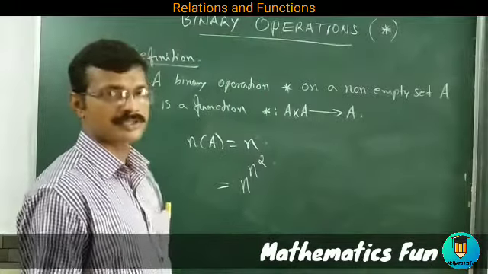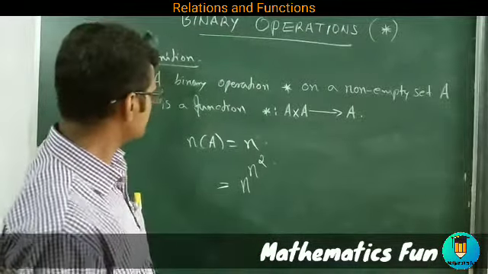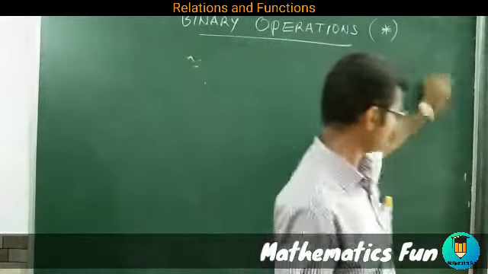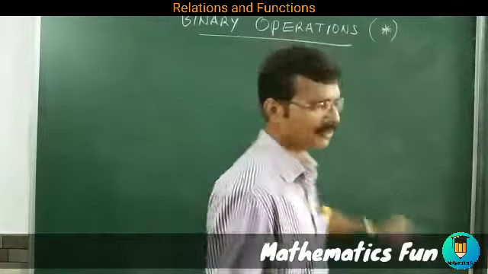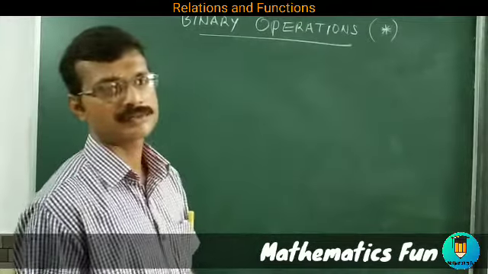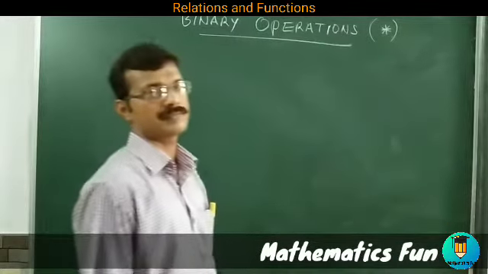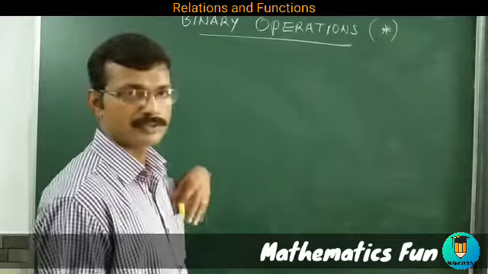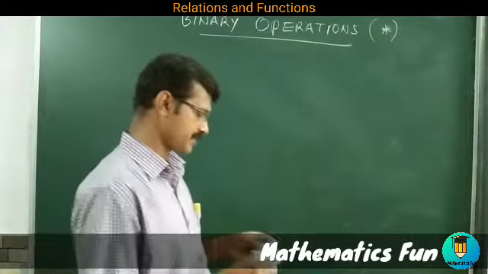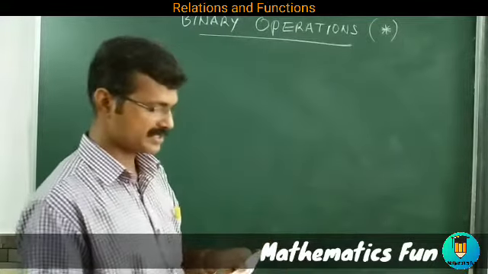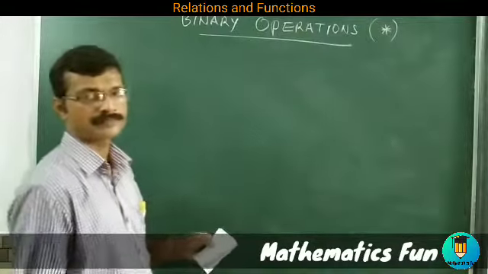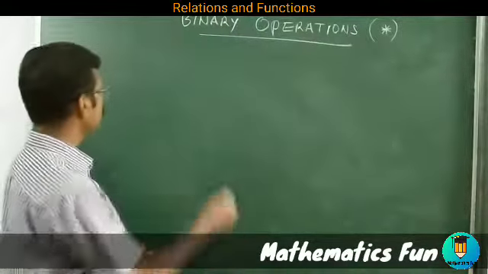Now we can do the sums based on this. It's a very simple exercise. We'll do a few questions, then you will be able to do all of the sums. The exercise is really lengthy, but there are many short answer type questions, one word answer type questions, so that you can do by yourself. All other types of sums I will do. So now we will do exercise number 1.6, the last exercise of this chapter. First of all we will do question number 3.